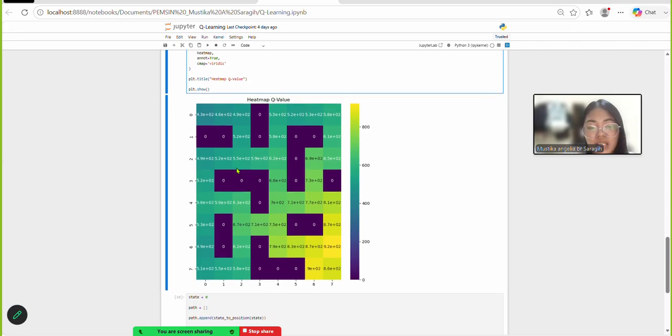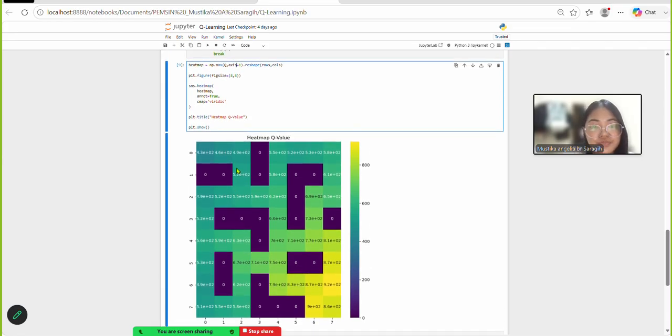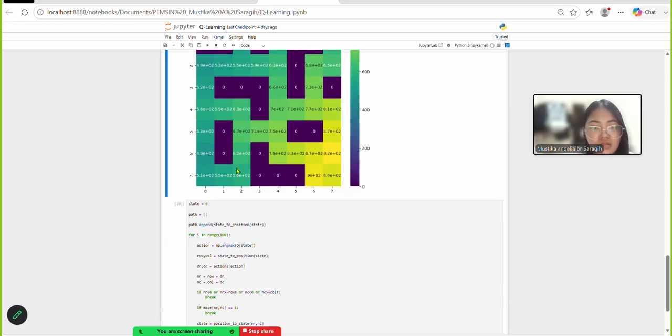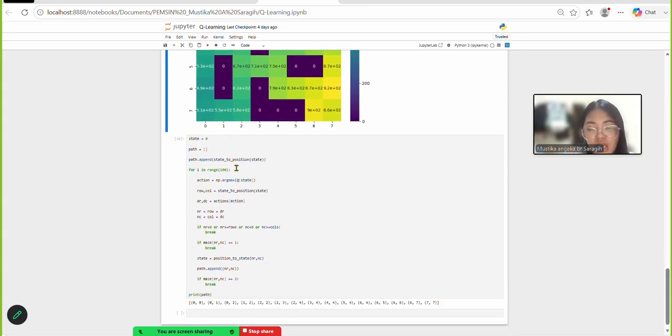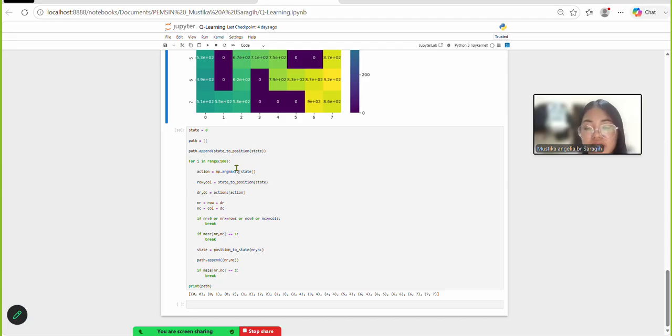Next is find the optimal path. After the training, the agent follows the highest Q-values to find and display the optimal path from the start of the maze.